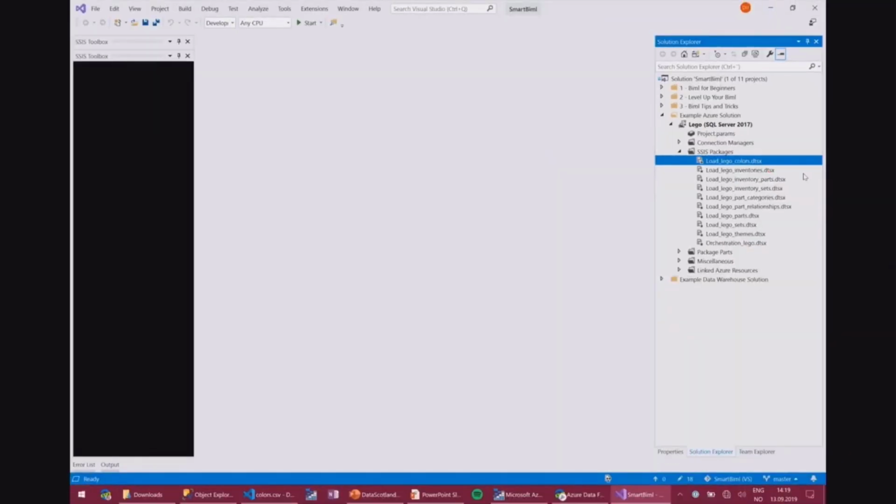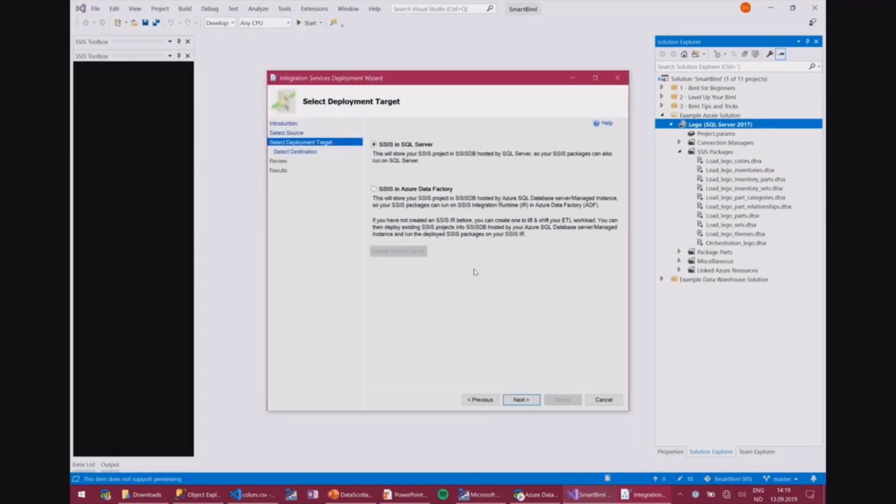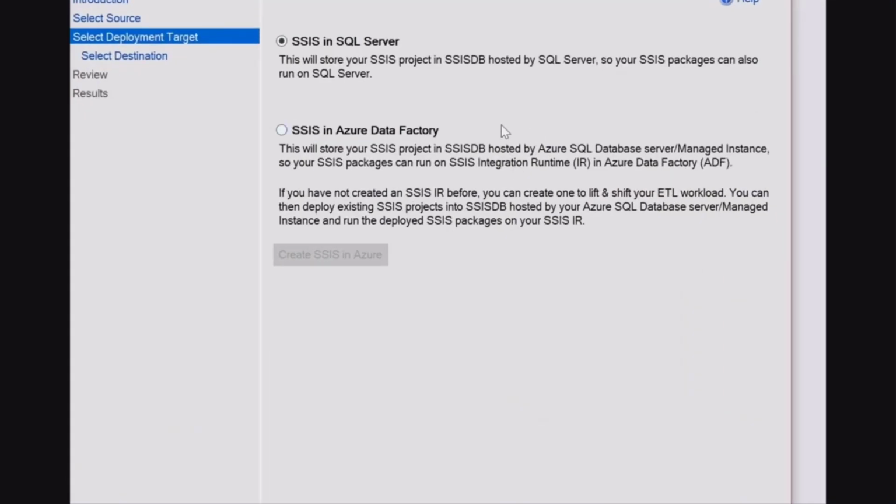From this project, if I right-click and say deploy, I can go through the process of deploying to SSIS and Azure Data Factory. I've set this up and created my integration runtime, which creates that SSISDB that I will deploy to, and then I can go through the entire deployment process.